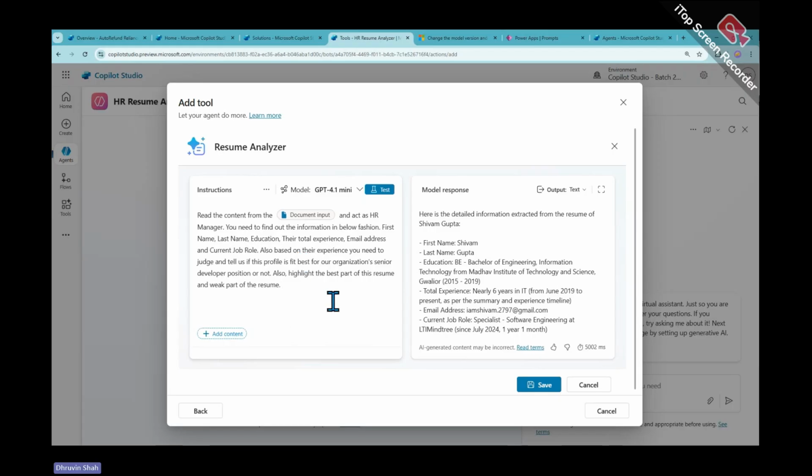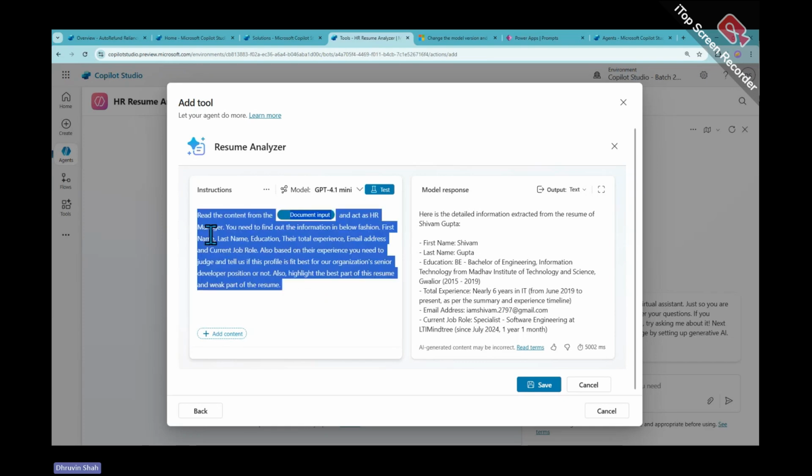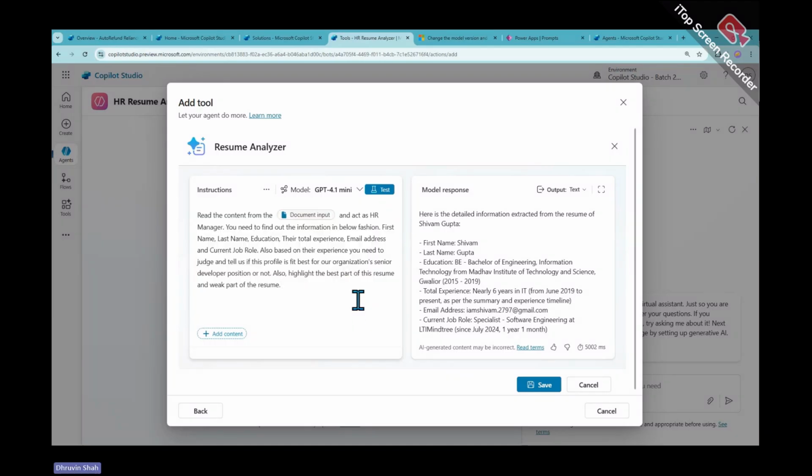But let's say at this point, if you're not happy with your prompt, or if you want to see some more results, maybe you can change the prompt over here and retest it. At any point of time you can change your prompt and test around that as well. It's not necessary that it's only a one-time process. Once you are happy, you need to simply click on the save button to save your prompt. So I'm just clicking on the save button,